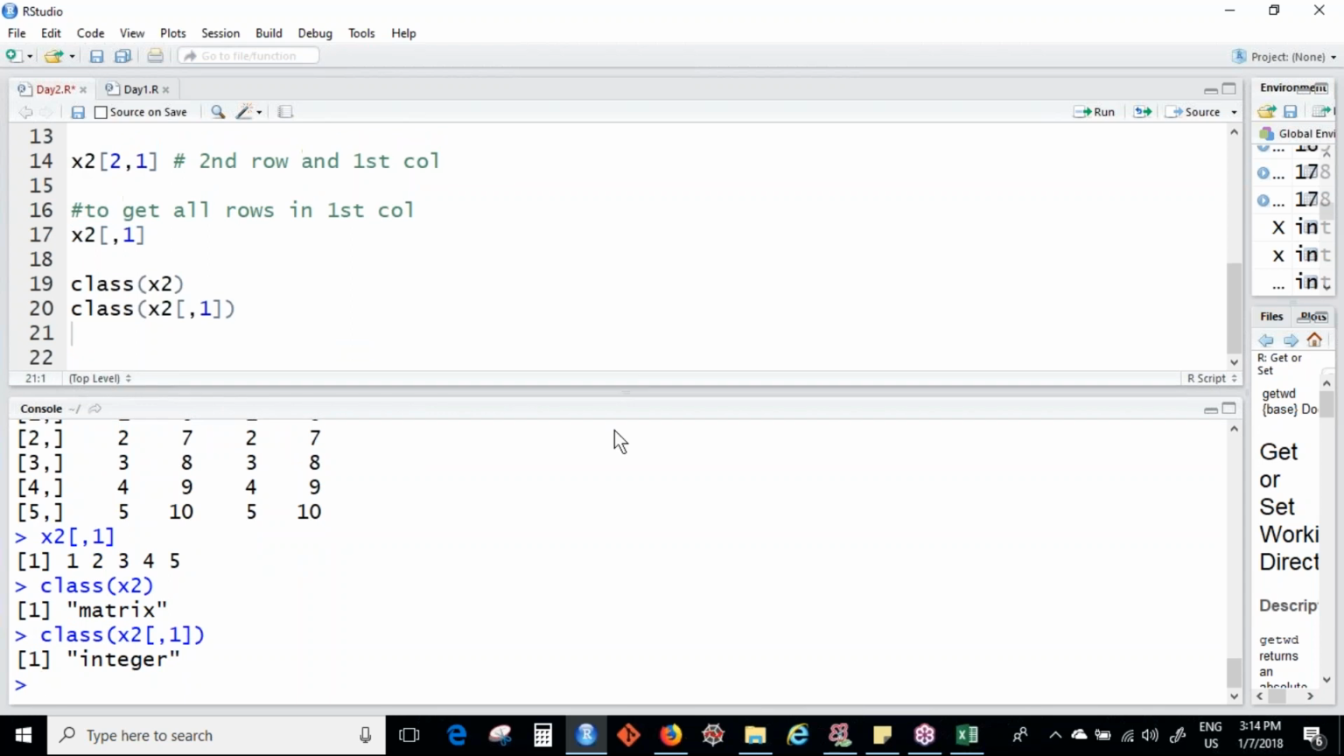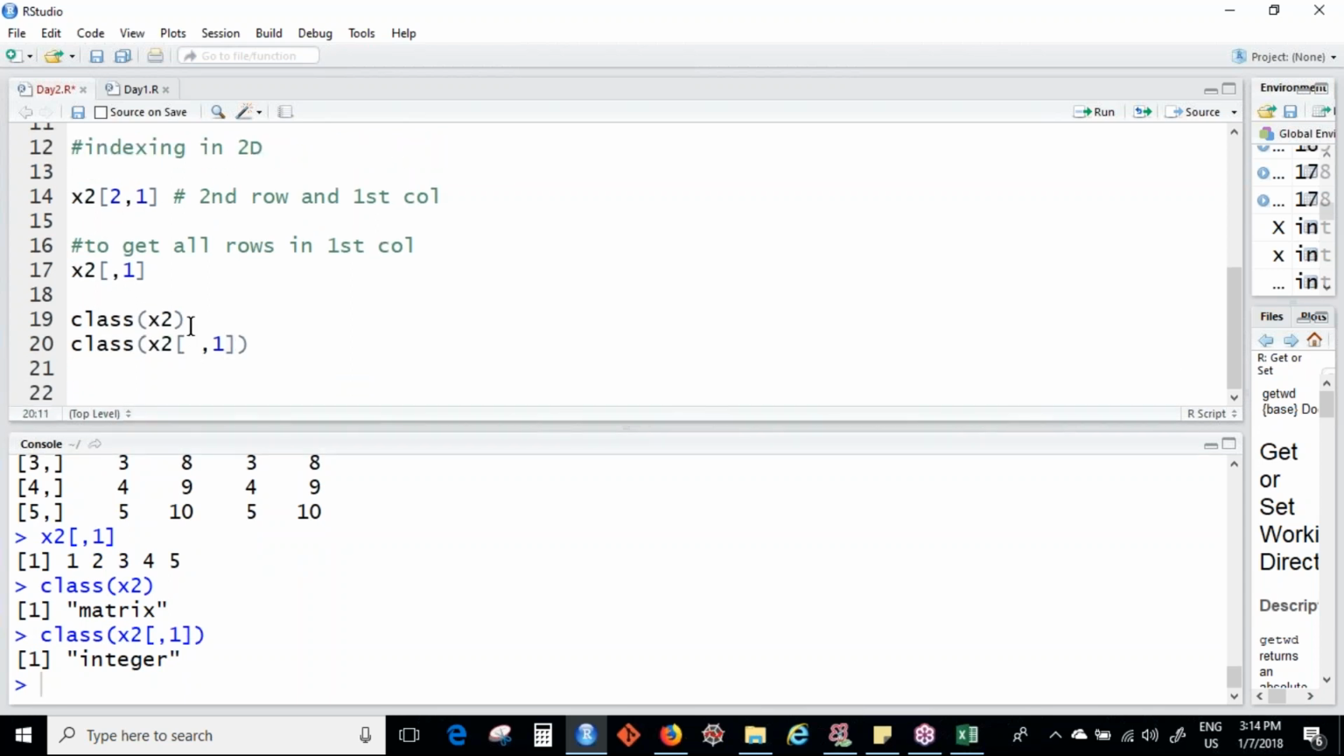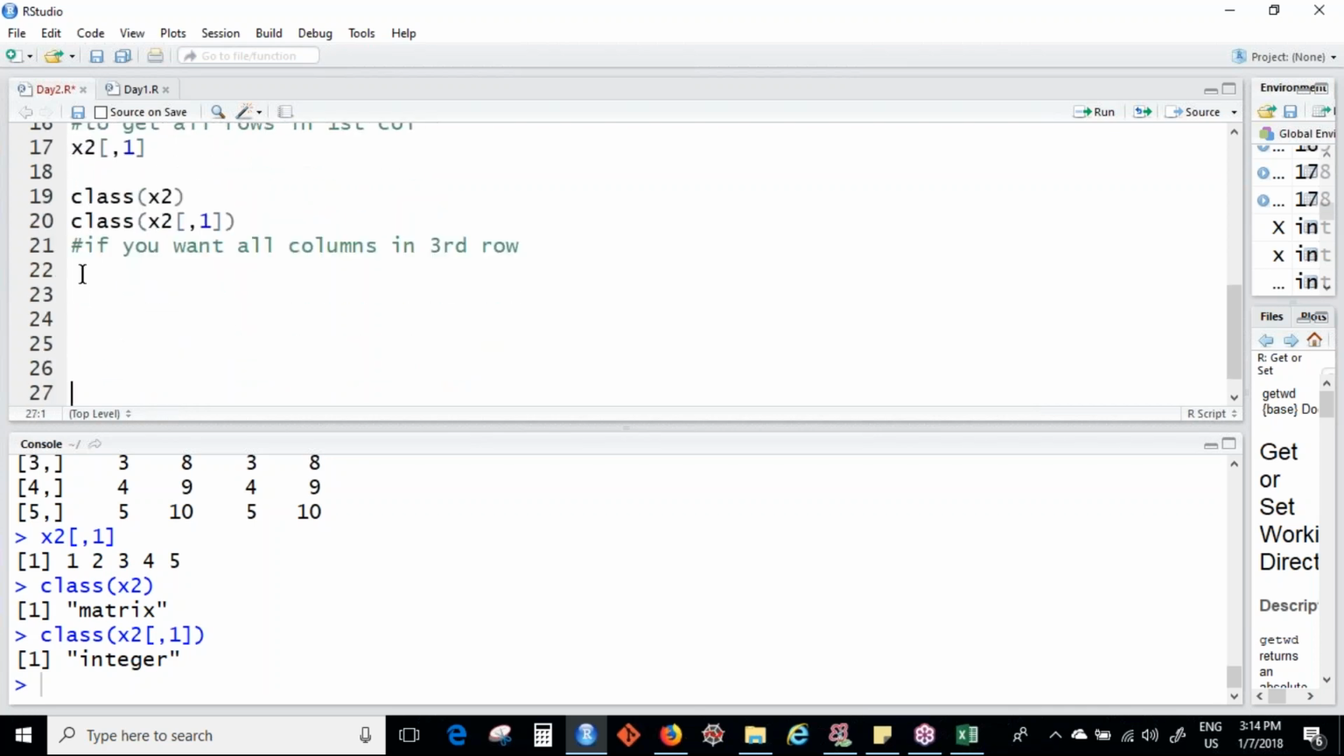I have left this blank, which means I want all the rows. Similarly, if you want all the columns in the third row, what will be the formula for this, guys? If you want all the columns in the third row,